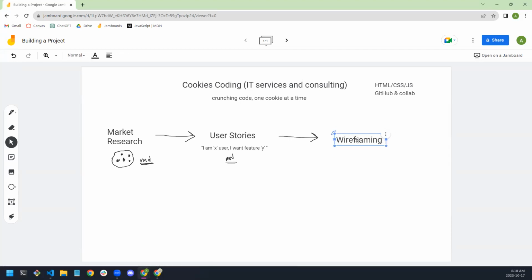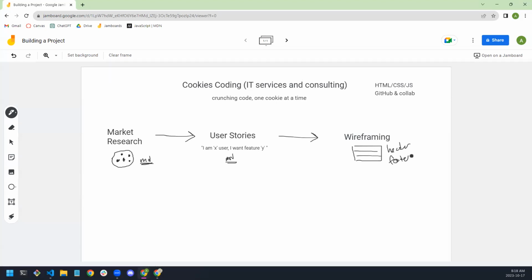Wireframing is something we'll get to later today in the afternoon. But wireframing is essentially just building out the structure of our app, or a really simple design for what it might look like. So we have a page, we have a header, a footer,